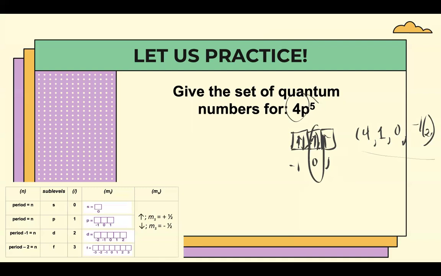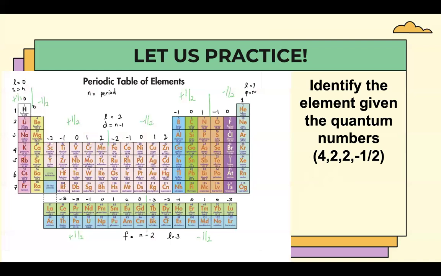Right? And then if you would like to identify the element, you can use the quantum numbers, or you can write the long method of writing the electron configuration. Okay? Next. So what if it's the other way around? The given is the quantum numbers. So let's say, for example, we have 4, 2, 2, -1/2. And by using the same shortcut method of just looking at your periodic table.